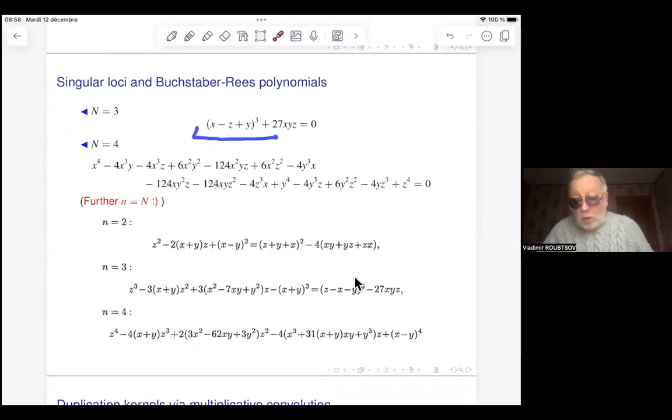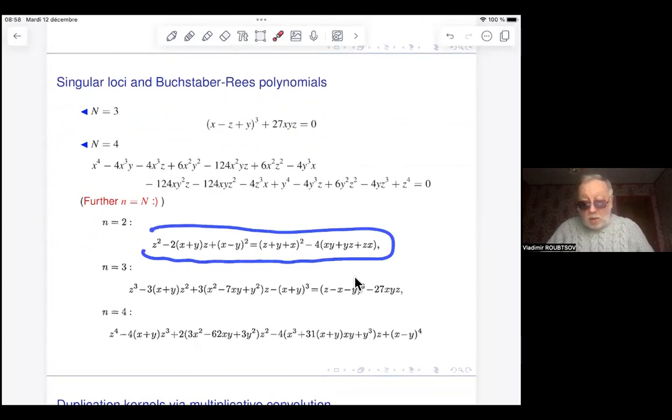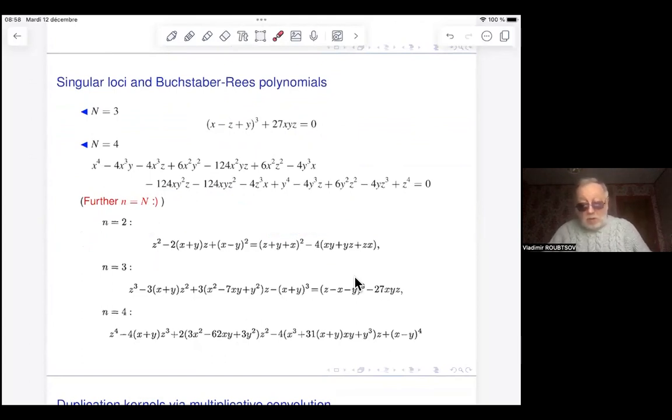For n equal to 3, we obtain this one. For n equal to 4, we obtain this one. And then I remind you, for n equal to 2, it is this one, and 3 and 4, and so on. We have such a representation for any n, and the observation is that each polynomial of this zero locus is a polynomial which relates to some n-valued